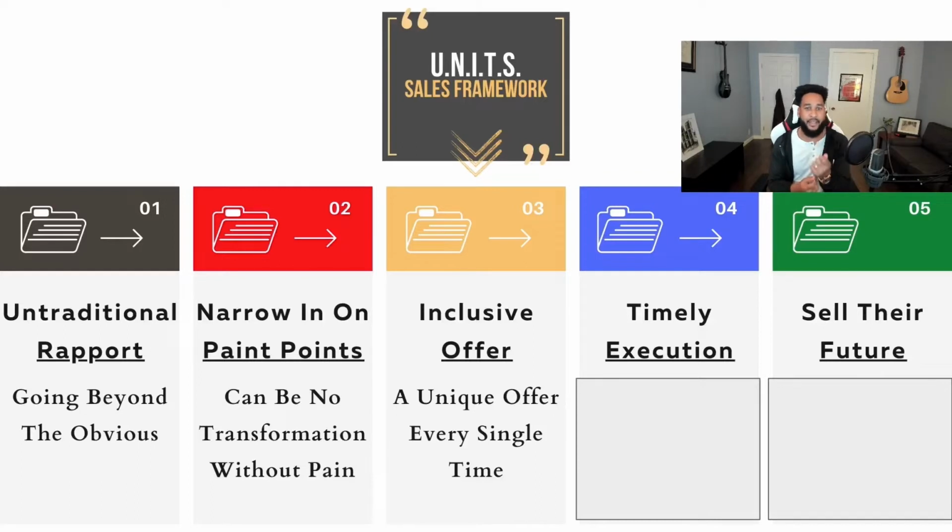You need to speak to the benefits when you're talking to somebody, because these benefits are going to be directly related to number 2 there. They're going to be directly related to the narrowing, and once you've narrowed on those pain points, this inclusive offer has to be made directly for them, right? And this is something you have to get good at, because I'm not just talking about sales calls here. I'm not just talking about Messenger. I'm talking about whenever you are presenting any kind of offer to somebody, whether it's for free or something they're paying for, the more you can hammer in on that, the more effective it's going to be. You're going to see the conversion rate on whatever it is increase drastically when you add that piece right there, right?